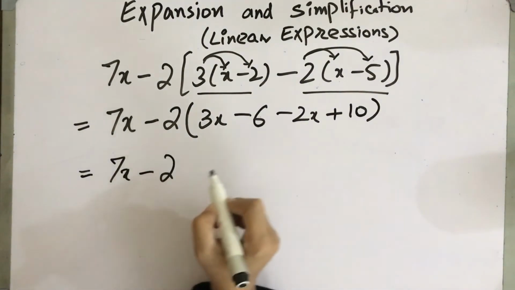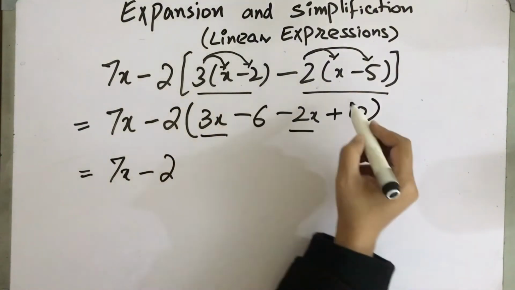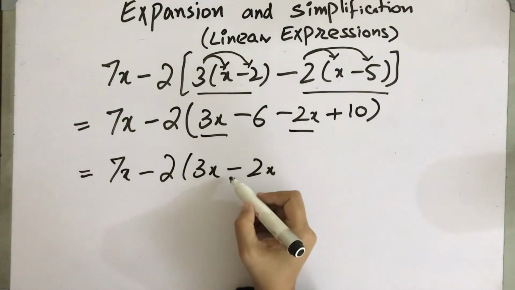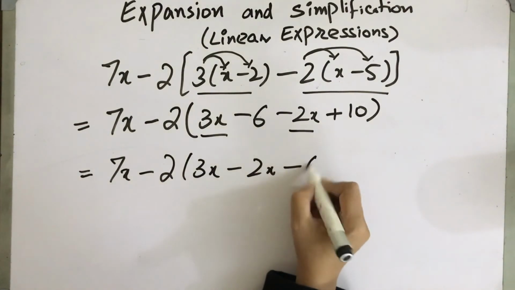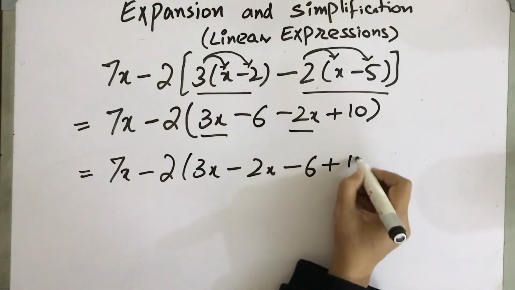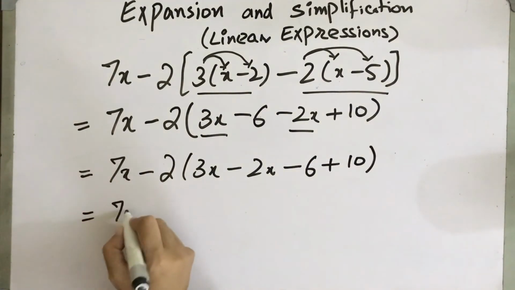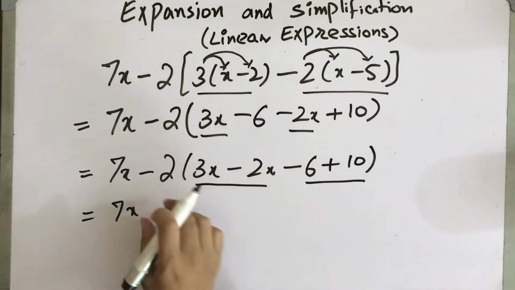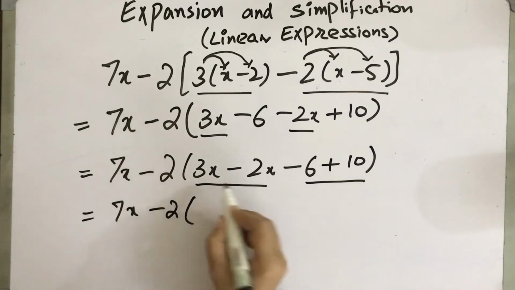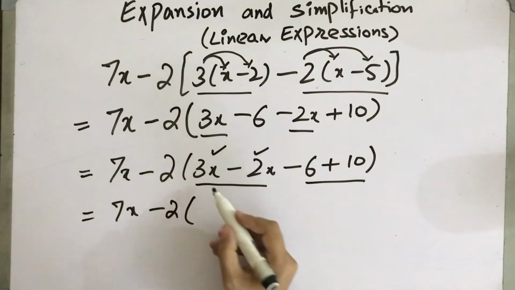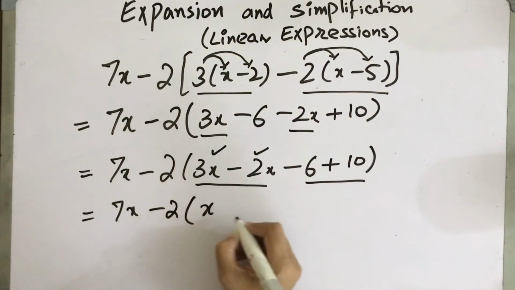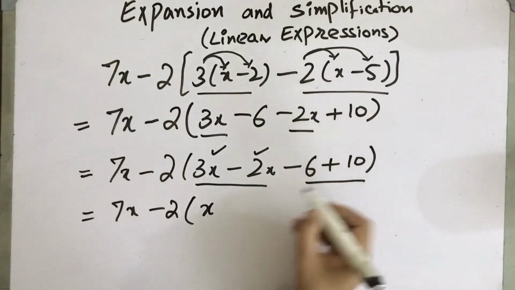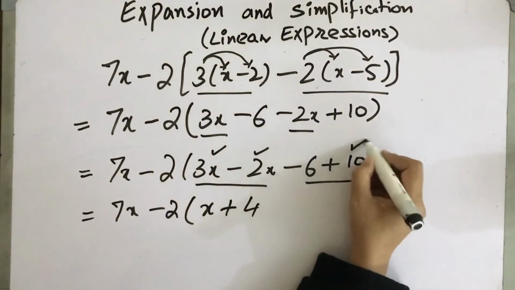Okay, now we are going to arrange. After expansion, we are going to arrange the like terms. 3x with 2x. 2x will come with its own sign. Minus 6 will go with its own sign and plus 10 with its own sign. So before doing the second expansion, we shall simplify. First we shall simplify, then we will expand with minus 2. 3x minus 2x having opposite signs. 3 is bigger. 3 minus 2 is 1. 1x or simply x. 6 is negative, 10 is positive, opposite signs we shall subtract, but it will be positive 4 as 10 is bigger.